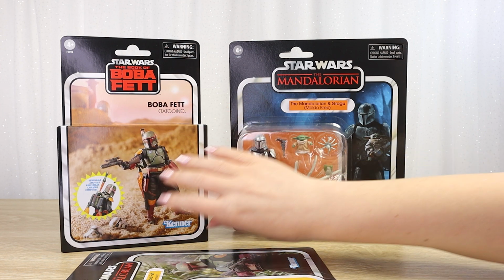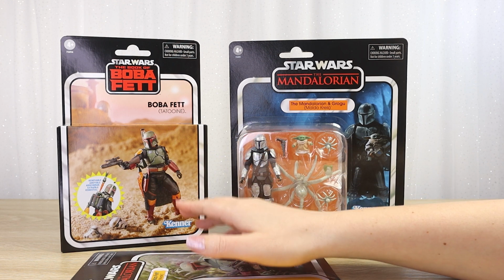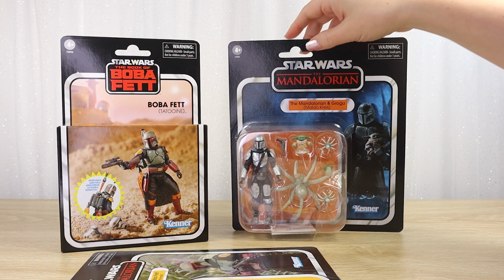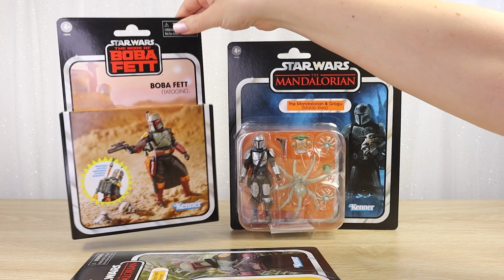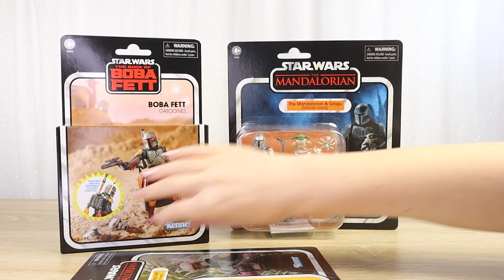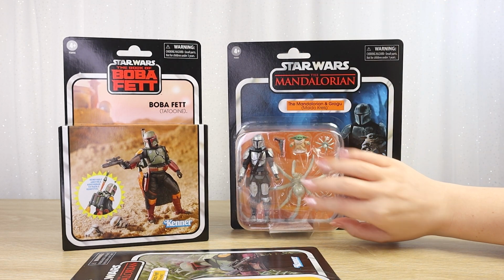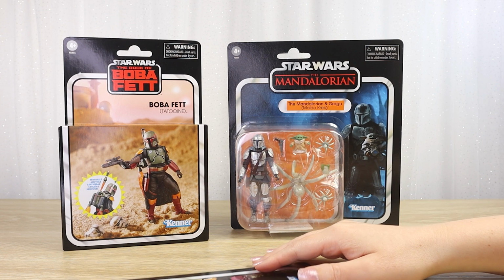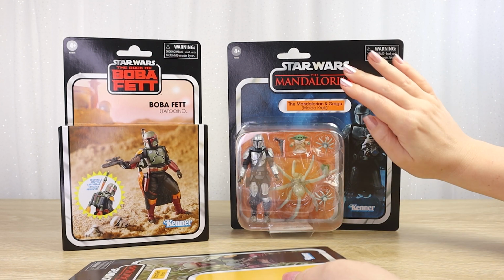Now, without really seeing it all displayed, we don't really know the level of plastic, how much money and value we're getting there compared to something like this. Personally, I think this one feels a lot heavier just by holding it compared to this one. Even with the extra cardboard here on the front, there's something about this one that just feels like I'm getting a little bit more for my money compared to this one. And I like the way it matches with the standard vintage backing cards for the collectors that do really appreciate